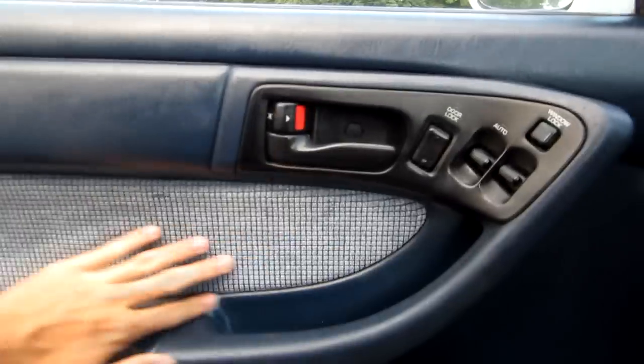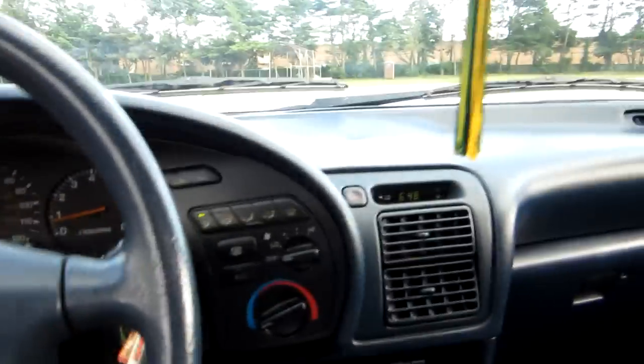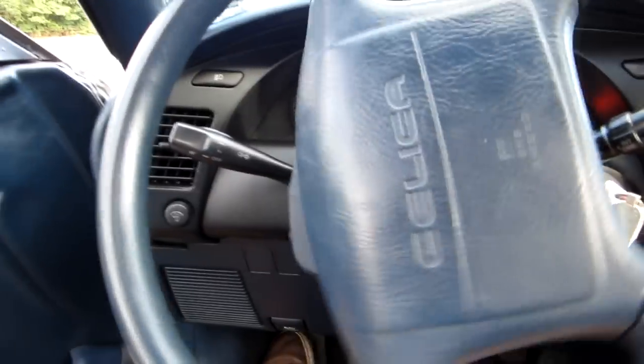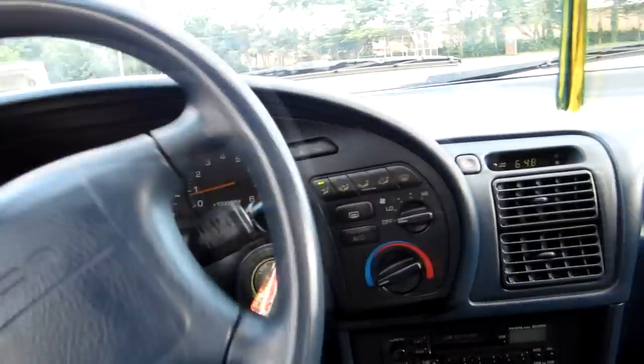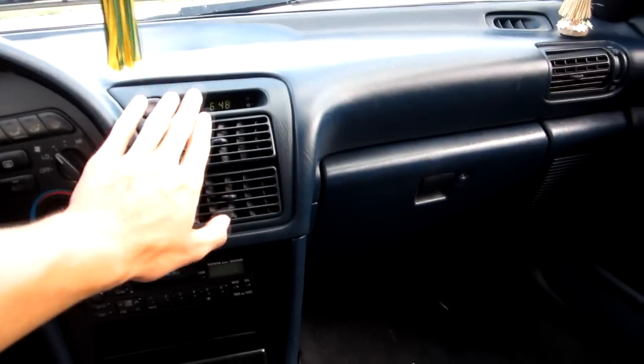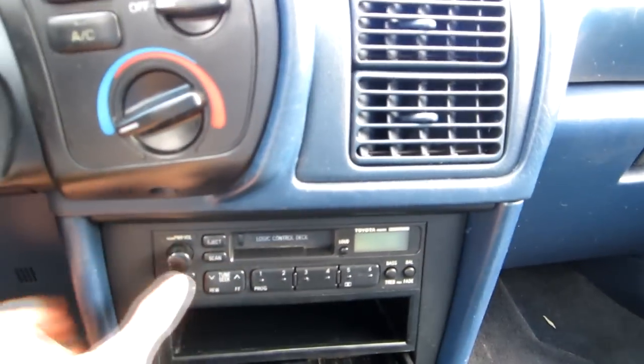This is really great. Then you have these nice, cool 90s cloth inserts here. And this one's actually held up great. There's no sagging or anything like that. I believe this car was garage kept. Has a really nice tight hydraulic power steering because, hey, these coupes were fun to drive. Air conditioning does work. It could be colder. I'm actually gonna go take it to get charged after this video, but it does work great, which is all I care about. You can see down here it does have the factory OEM head unit,